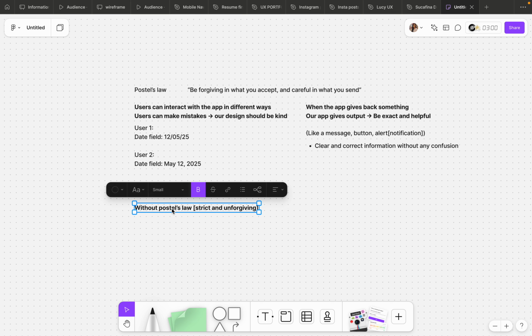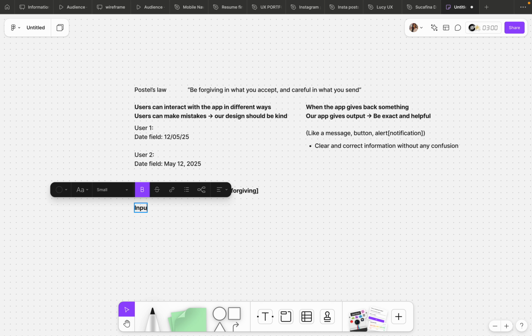So the input box, same form example we can take. The input box accepts the exact format, like